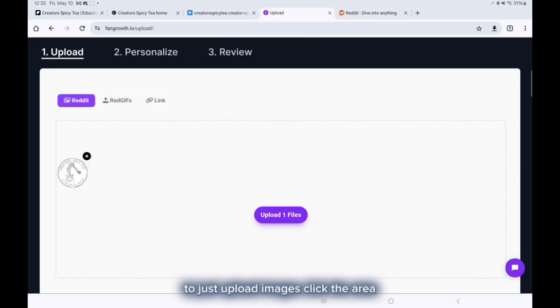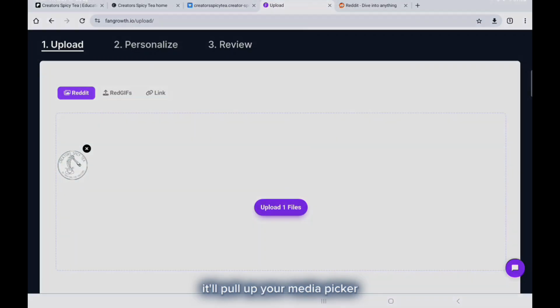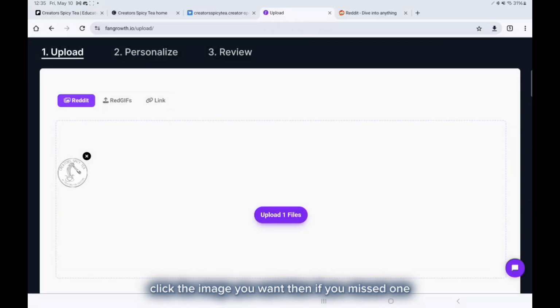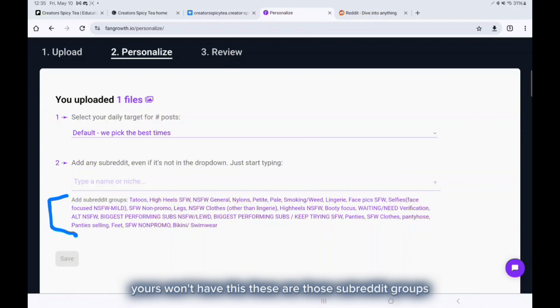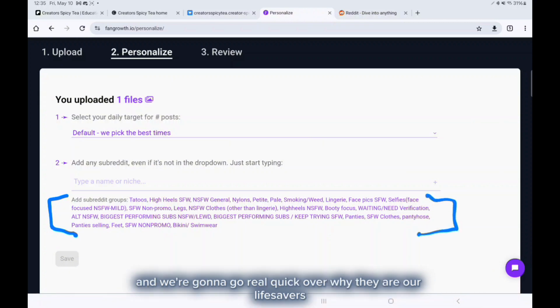Click the area. It'll pull up your media picker. Click the image you want. Then if you missed one, just click a blank space and it'll pull it up again, and then hit upload files when you're ready. Now, if you look here, this looks a little weird. Yours won't have this. These are those subreddit groups,